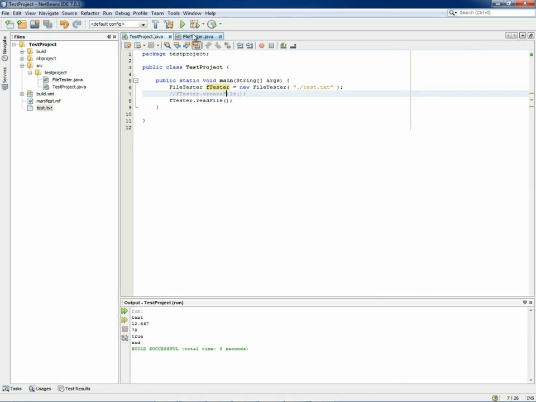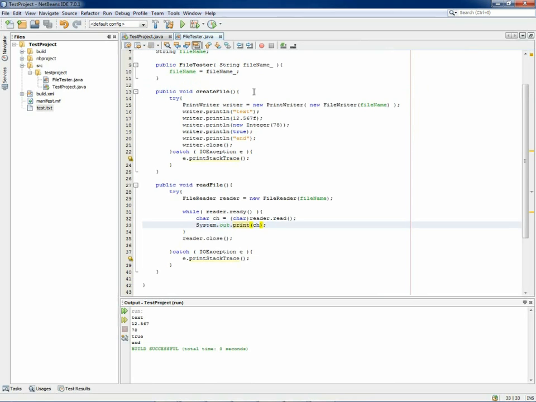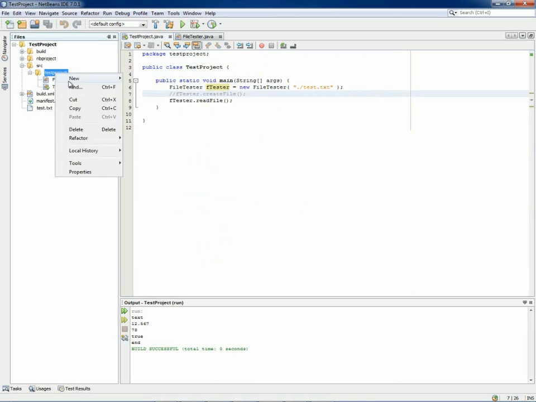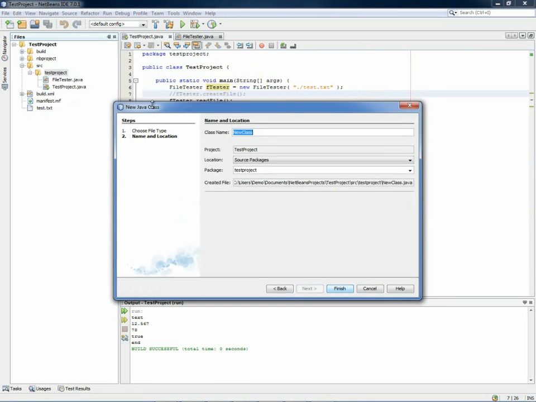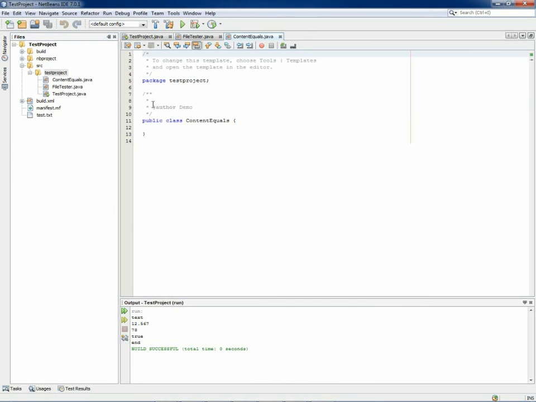What we are going to create is a different thing. In this we have used the print writer and the file reader, file writer classes to create and read the files. But in the next one we are going to use different things. This is going to be a class that is going to tell if the two files are equal to each other or not. This is going to be content equals class,